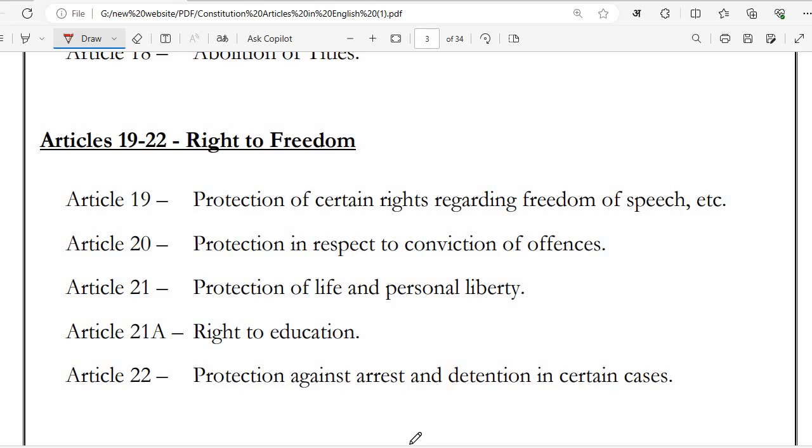Article 20 provided protection in respect of conviction of offences. It means any person who has done something wrong or committed an offence against an Indian person, society or the country cannot be punished twice for the same kind of offence or crime, and a person can never be compelled